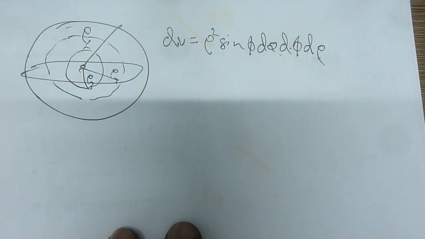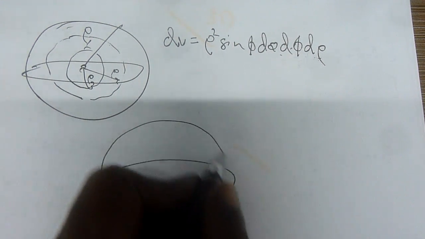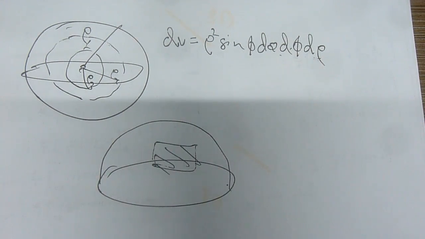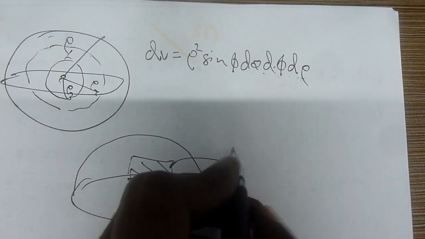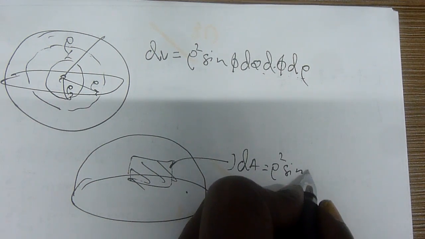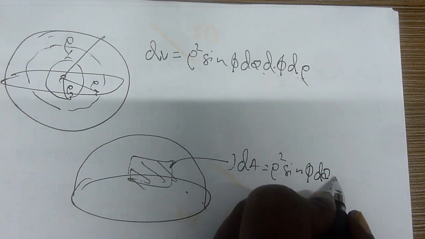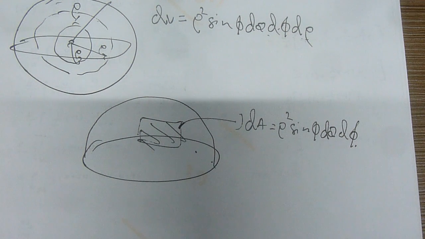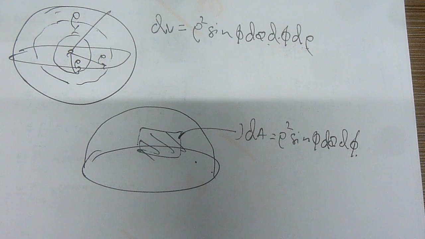Then one more model that I'm trying to say again, if this is a surface, I take one patch of this, the surface. This surface can be defined as the area, rho squared sine phi d theta d phi. Is it fine? Can you see the difference or not? With that, we have done almost